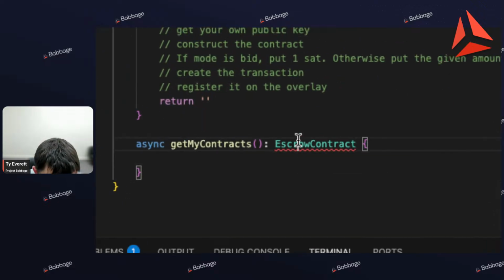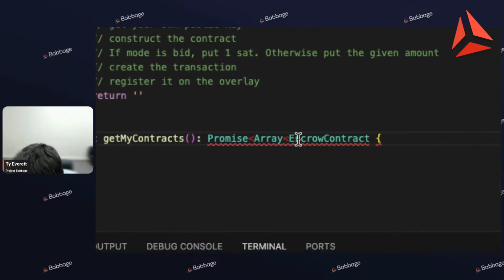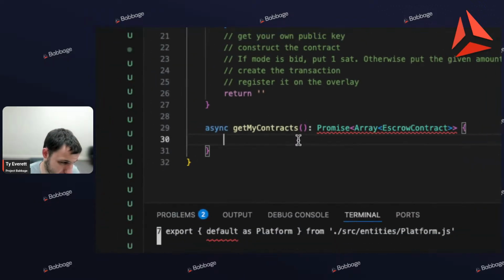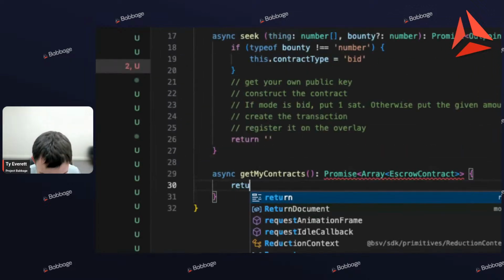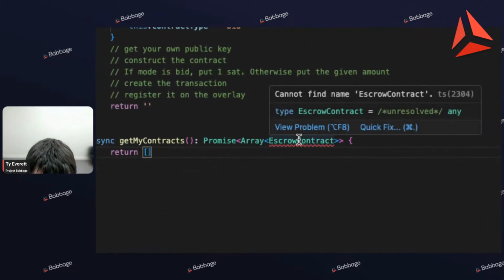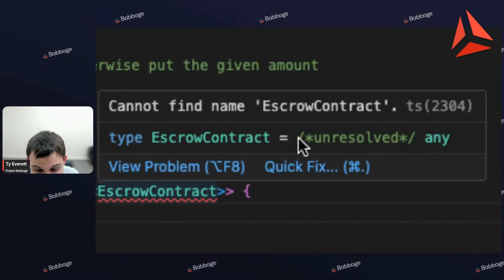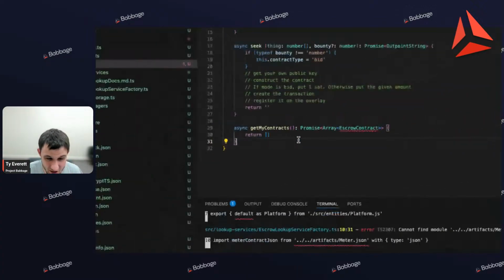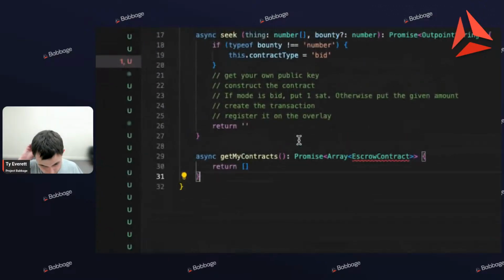It's a promise for an array of my escrow contracts. Boom. And then it's saying it doesn't know what this is. So I'll need to suffer in silence until we actually define that type with my compile errors. So what are we going to do? Well, we need to